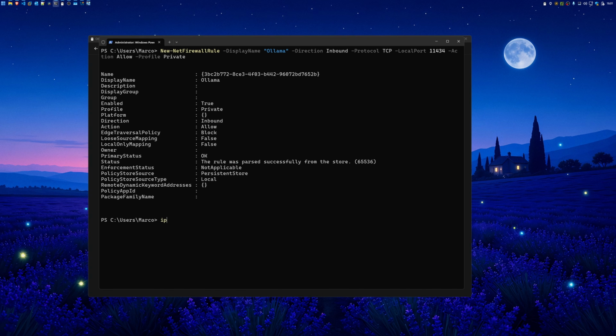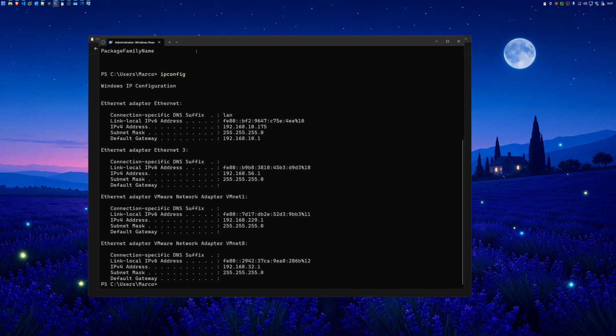Then if you type ipconfig in that same window and have a look at your Ethernet or Wi-Fi adapter, whatever is connected for you, you'll see your PC's address on your network. And you can see mine on screen right now, but you want to note yours down. By the way, that's a static address I gave this PC on my router. And if you're going to use this setup long term, I'd suggest you do the same so the address doesn't change on you. Just look up how to set up a static IP on your specific router, because it differs from router to router. And now for the proof.